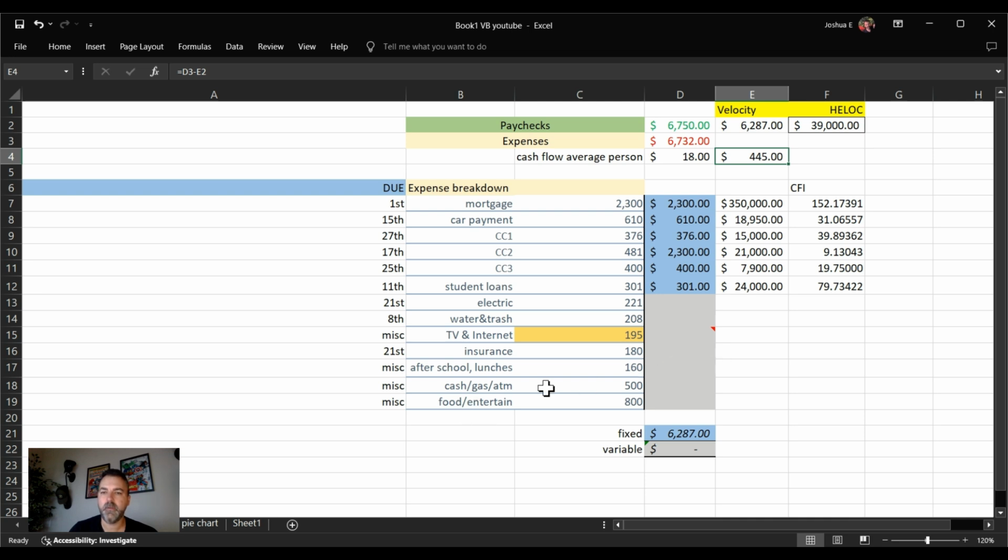Okay. The next step is we got a HELOC, a home equity line of credit. Now, most banks require a minimum credit score of about 680 for a HELOC. It just depends on where you go. Some of them you can go down to 660. It just depends. But a line of credit is going to be the most efficient way to do velocity banking and pay off debt fast. So